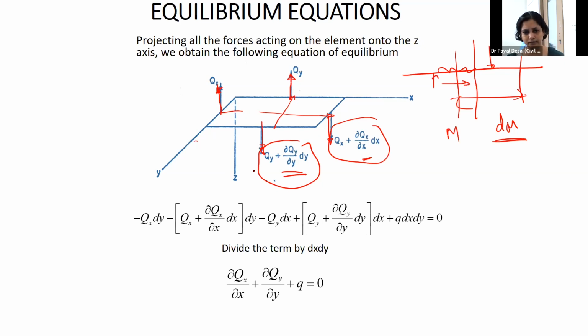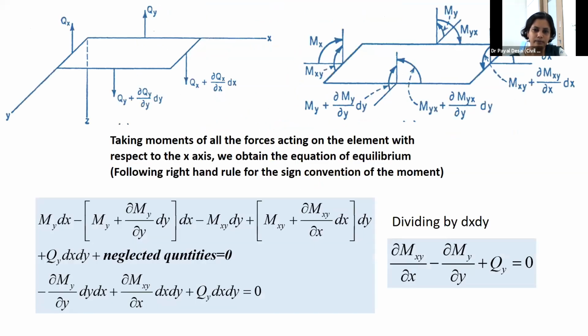You multiply that with the differential length, because it's per unit length you are getting. So according to positive and negative sign, I may take these equations and get one equilibrium equation from this. Similarly, I take the moment equilibrium equations. You may see the mid surface, and twisting moment also will be contributed here. The moment due to the shear forces will also be contributed here, and moment due to the mx and my.